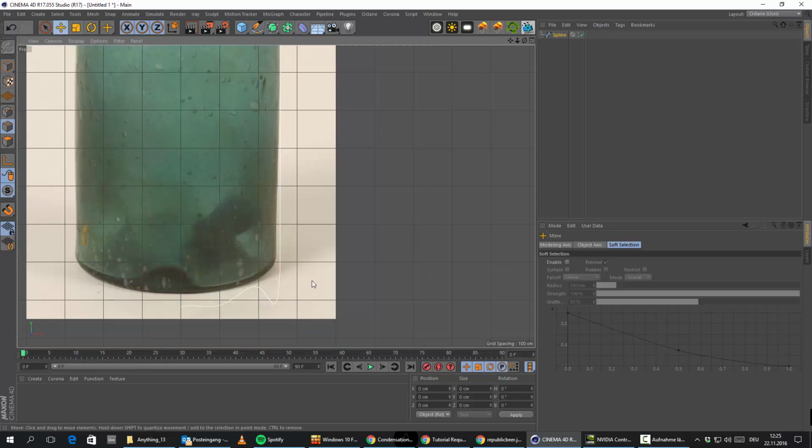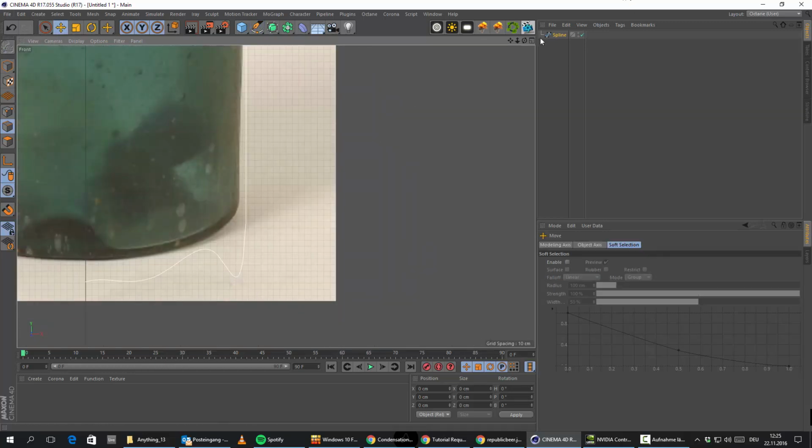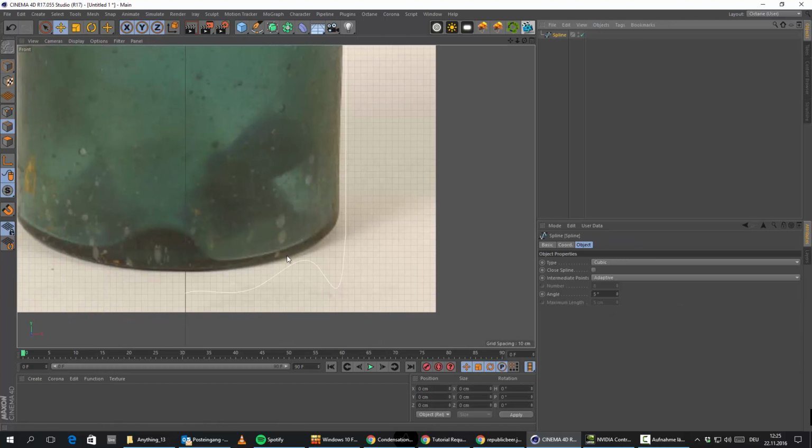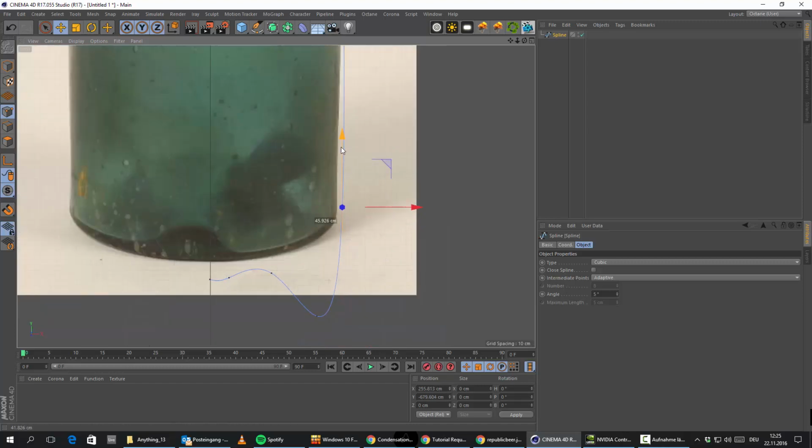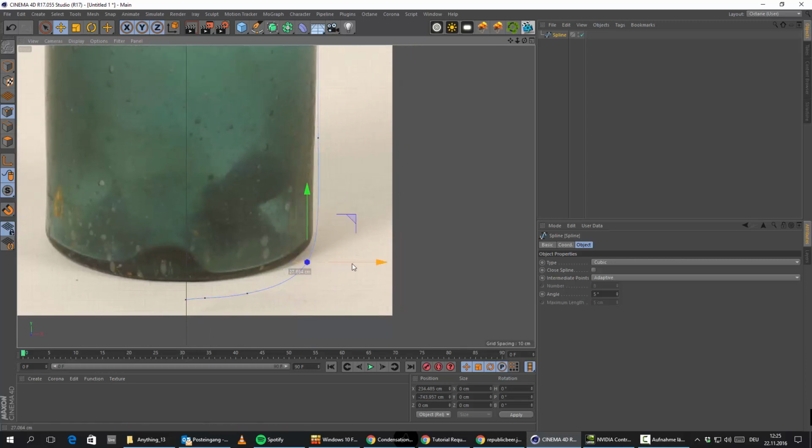Okay, now we'll try to fix some points, because this point here is definitely not something that is satisfying. So let's go into point mode here, and let's see if we can move this around somehow. Move this point up here, like this, and then like this. And then we'll just simply try to get this shape here that we're looking for. Let's maybe bring this up here a little bit, and this one we definitely want to bring up. This one we might even delete this point, yeah, and I think we have